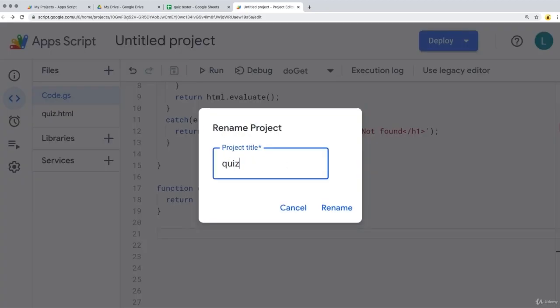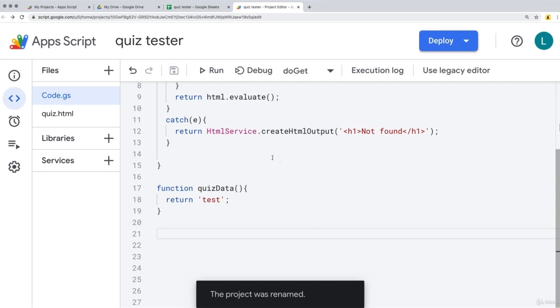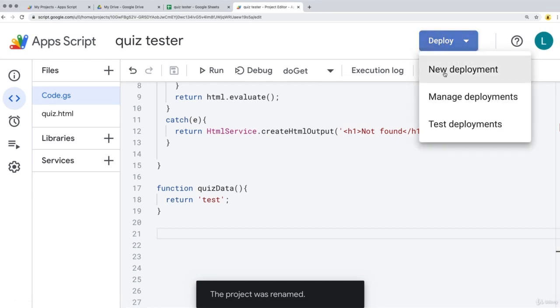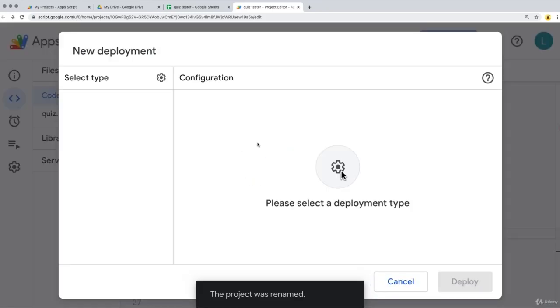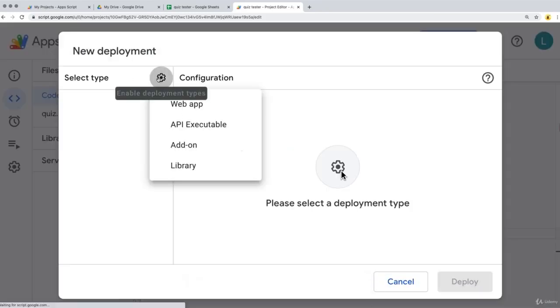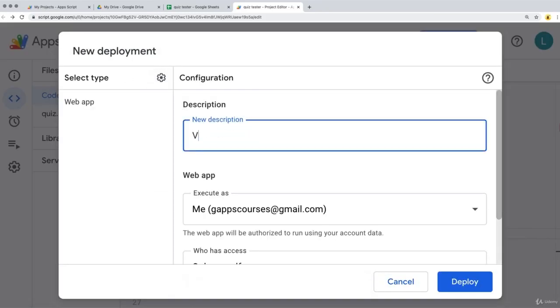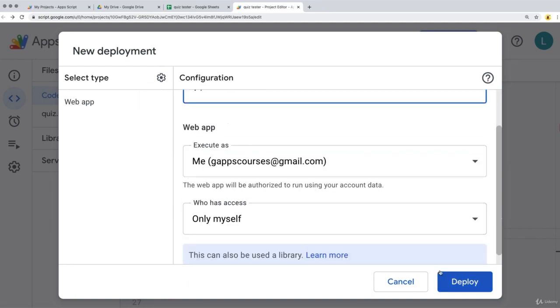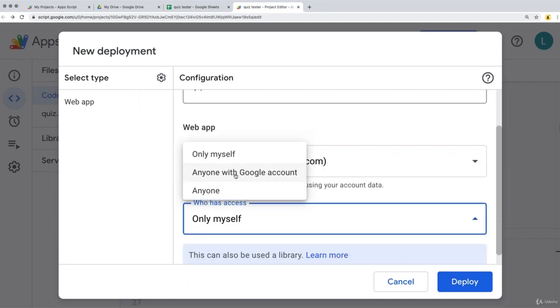Let's also update this to quiz tester, rename it. And now we're ready to deploy and try out the web app. So set up a new deployment and select the type of deployment. So we're selecting it as a web app. I'm just going to call it V1, and I'm going to open this up to anyone